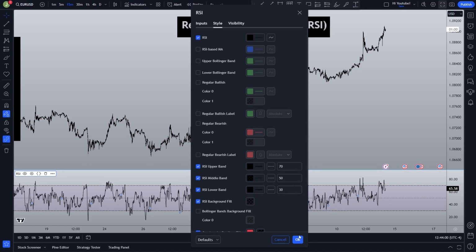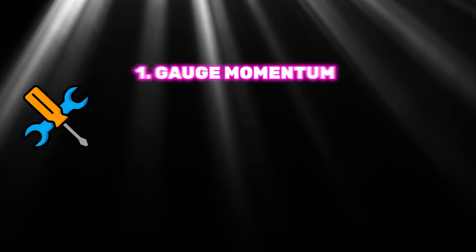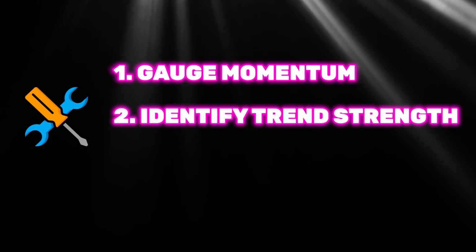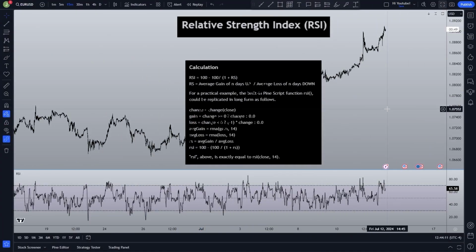Many traders have deemed these values to be too wide and have narrowed it down to 80 and 20, but do the testing for yourself and find out what works best for you. It's a versatile tool that can help traders gauge momentum, identify trend strength, and spot potential reversals. Here's the calculation for the RSI oscillator according to TradingView, but what's more important than understanding the calculation is understanding